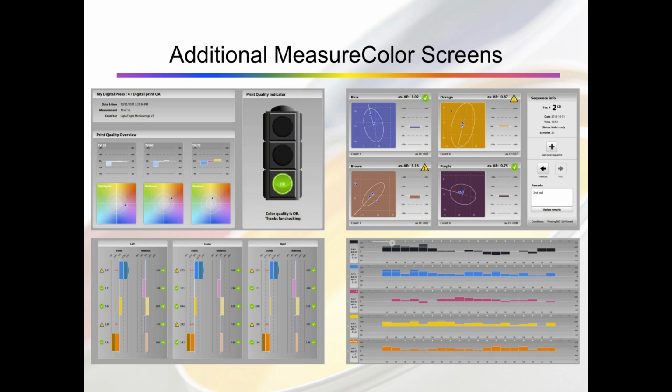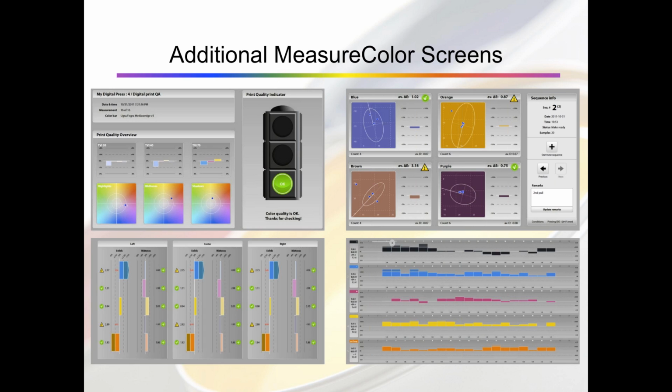Lower left-hand corner, this is what we call flexo view. So if you operate a flexo press, we give you the opportunity to see how a collection of marks compares from the left side, center side, right side, either as few as one side up to 4, depending how wide your webs are.